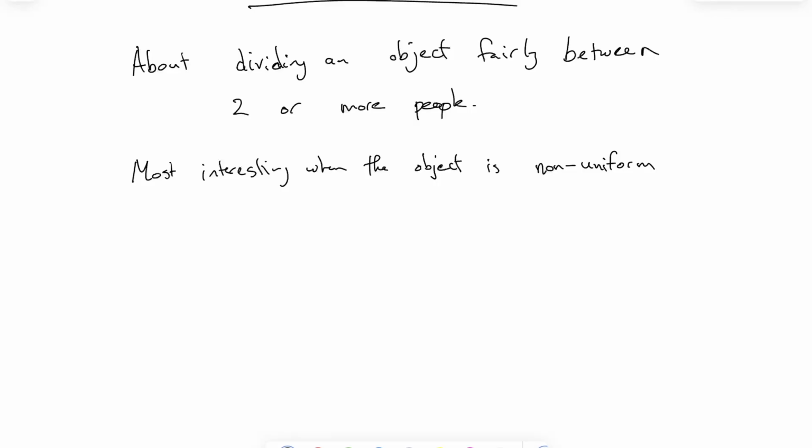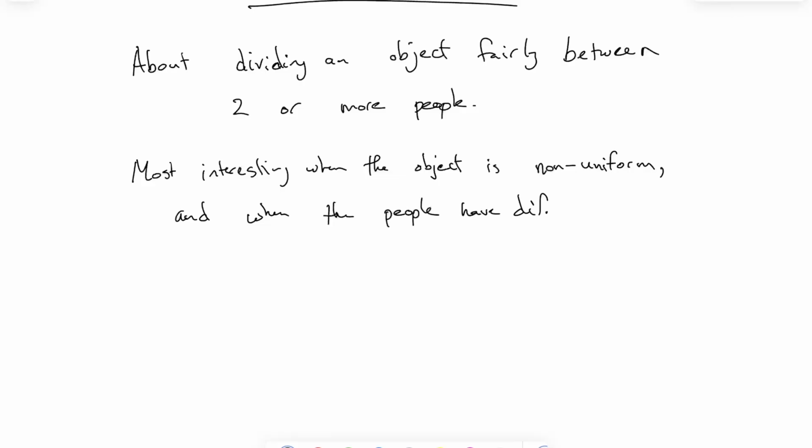And so this is an example where, okay, it is just a big cake, and you could, on some level, just say, well, I'm just going to cut it up into a bunch of equal pieces. But those pieces are not actually equal because some of them have the flower, and that's better, all right? That's what I mean by non-uniform. That is to say the object, this is most interesting when the object somehow has some parts of it that are better than the other parts, but you still have to think of how to divide it fairly, all right? So it's most interesting when the object is non-uniform and when the people